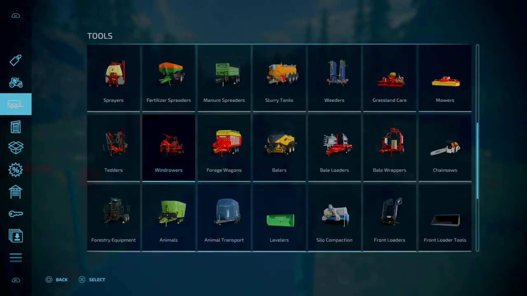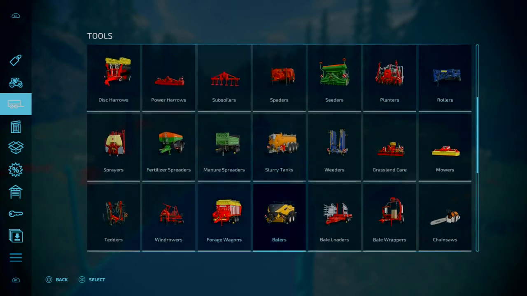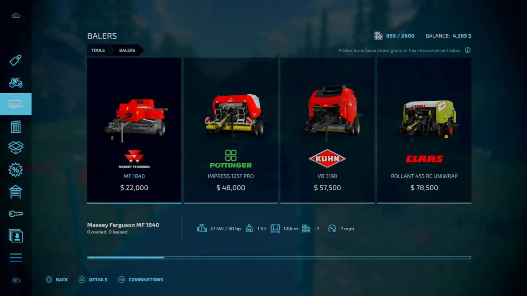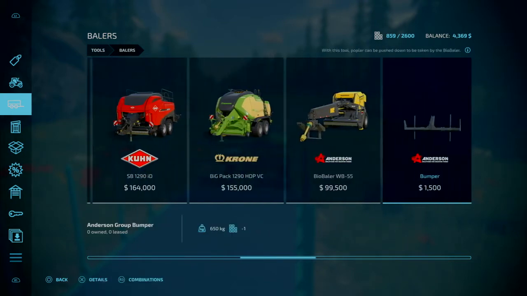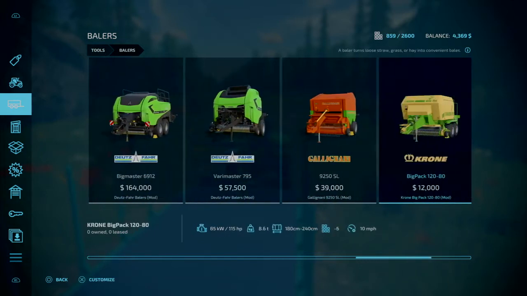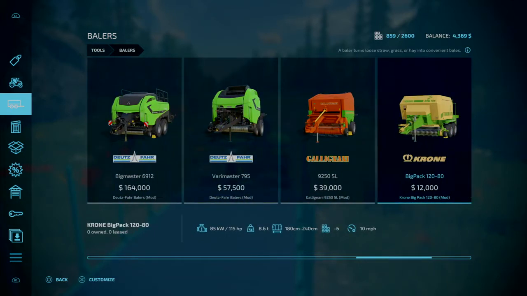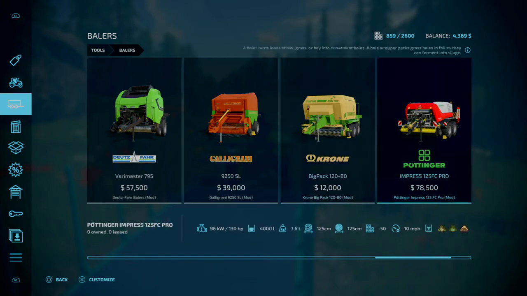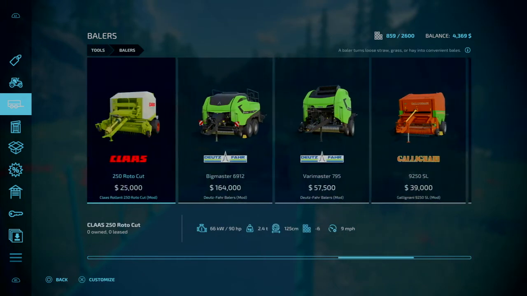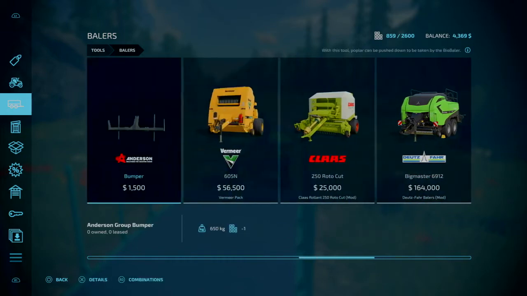Windrower would be good to have, depending upon the baler that we get. We get 22,000 for this guy. It's 120 centimeter bales. Now I do have downloaded the Krone, I believe. Yes, the Krone Big Pack. Now, it's 180, 240 centimeter bales. It is much cheaper. Now, looking at the horsepower, though, I don't think we'd be able to run this guy. So, we'd be looking at potentially...